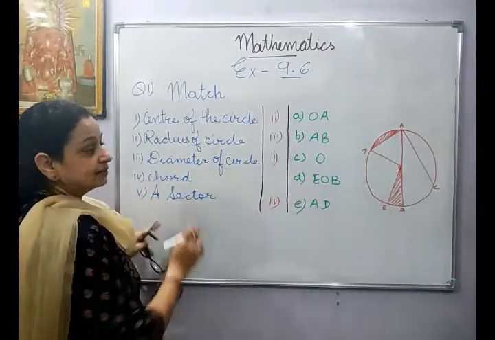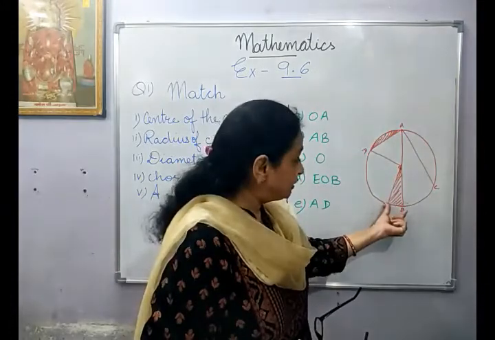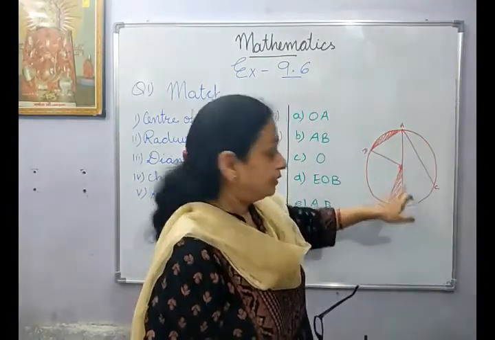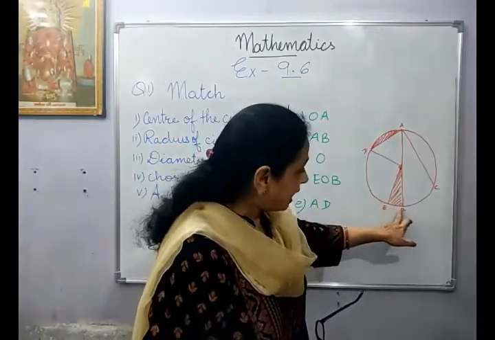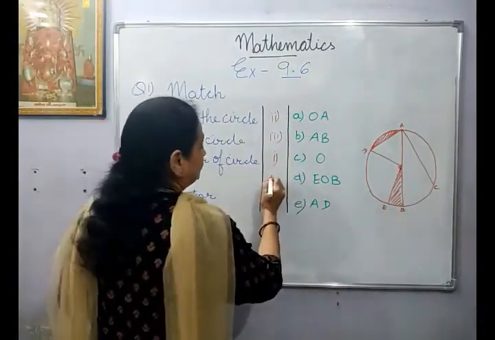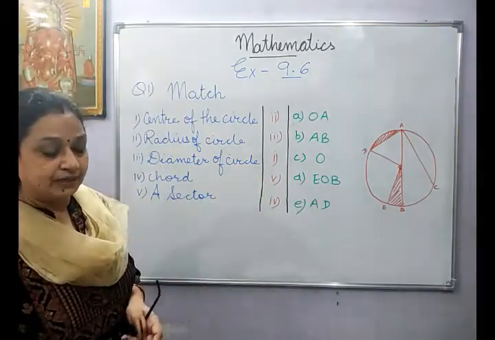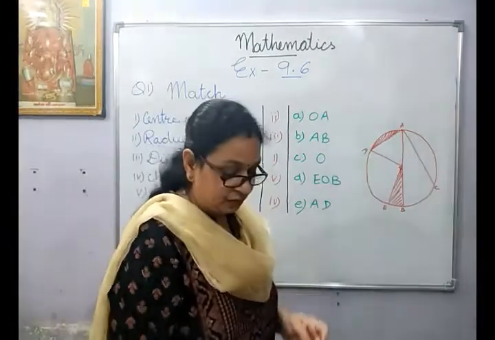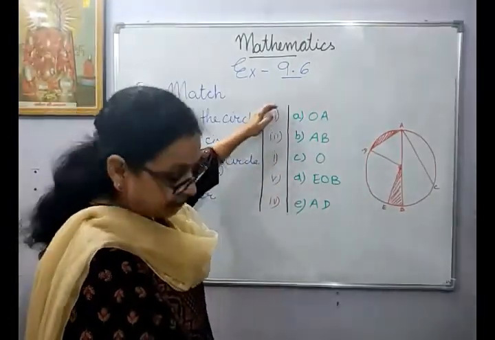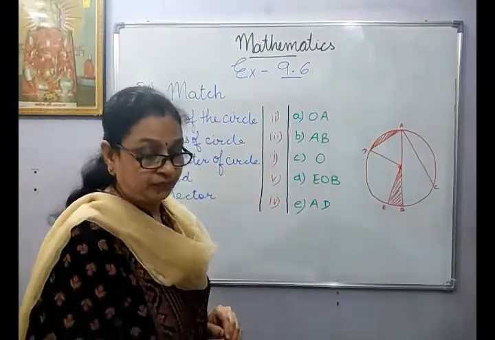Then a sector. Sector, as I told you, is an enclosed area between the 2 radii and the center. V shape. The 2 radii and the arc join these 2 points. So the answer is EOB. So this is your fifth answer. Have a look and try to understand it. Then we move on to the next question. So it will be answer 1, 3, 2, 1, 2, 3 and 5 and 4.